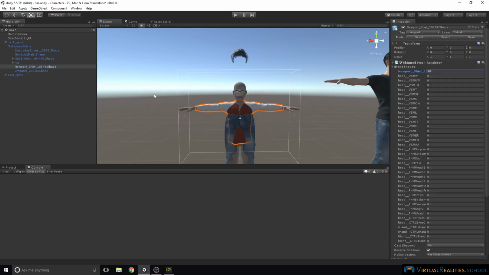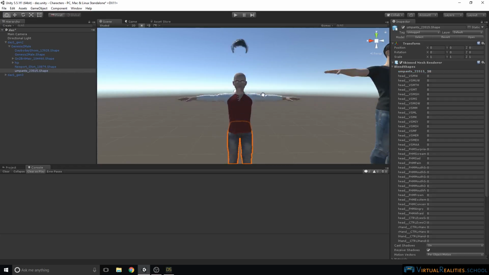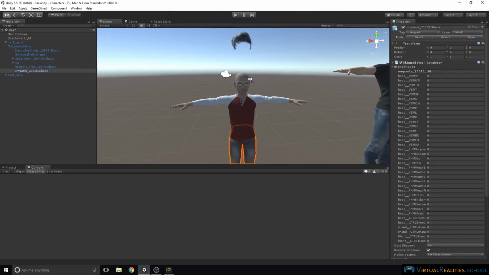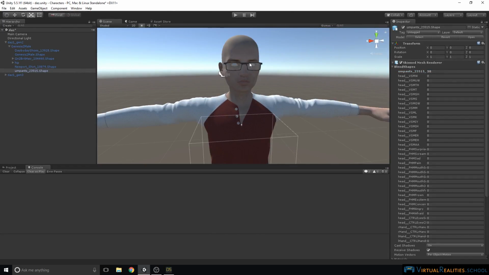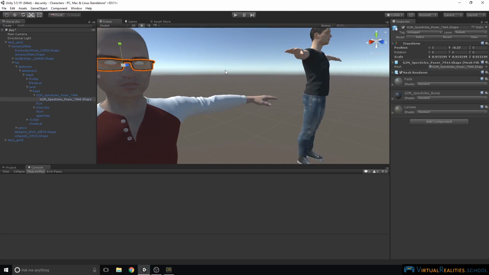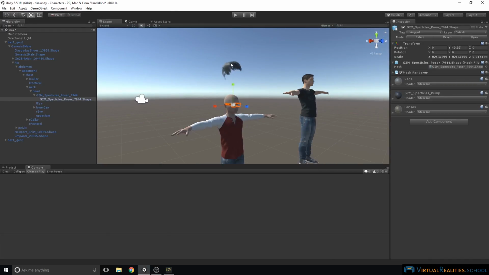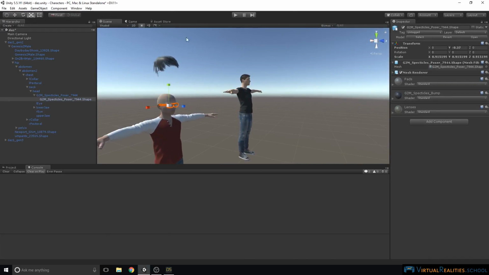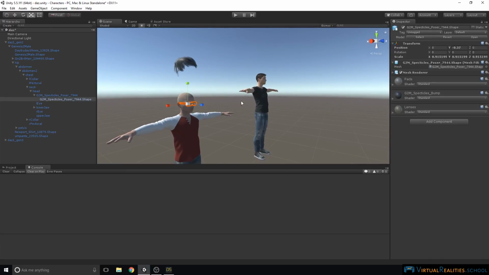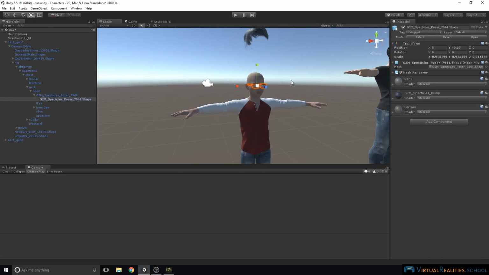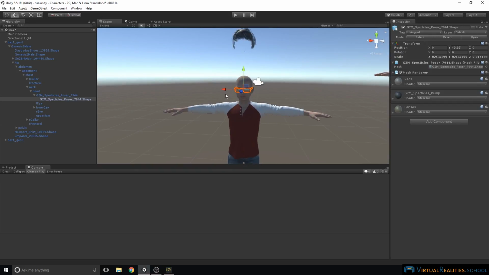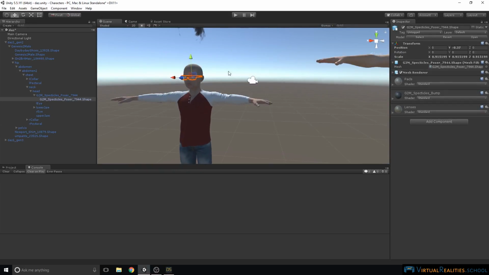And as you can see, the items adjust nicely to the body shape. Wonderful. Now, the glasses already moved as well. However, sometimes the glasses will be somewhere in limbo, stuck up here with the hair, for example. The good thing about the glasses is you can simply move them with your Unity transform tools. So you can move them around, you can resize them, and so on to make sure that they fit nicely